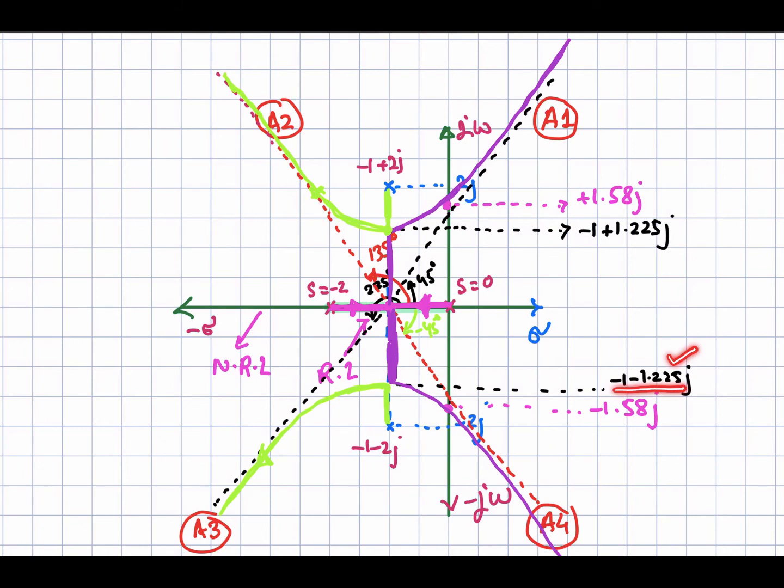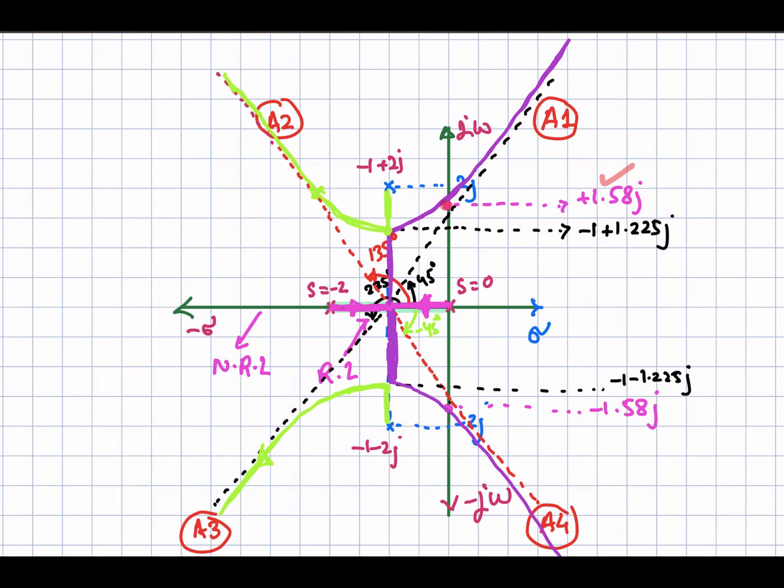Just remember, when we were calculating breakaway or break-in points, we calculated that one, this is a confirmed breakaway. Basically, at this point the poles will come out of the real axis at an angle of 90 degrees, because it is 180 divided by 2, so plus minus 90 degrees will be the angle at which your poles come out of this axis. One pole will move from here like this, with the variation of the gain k, and it will cross the j omega axis at this point, 1.58j.